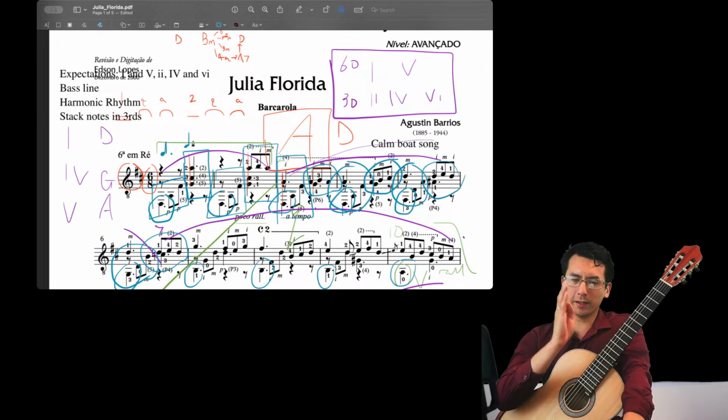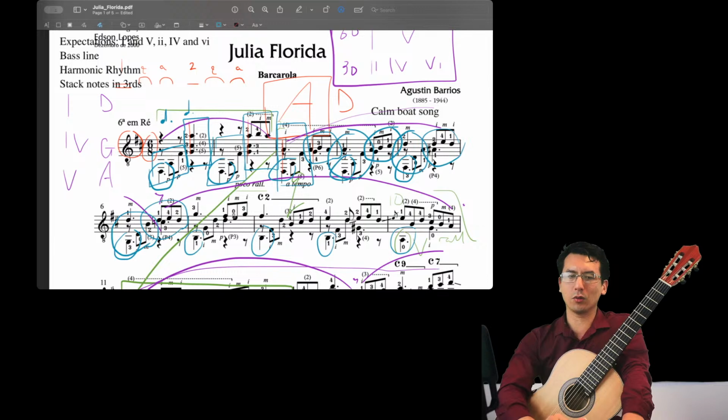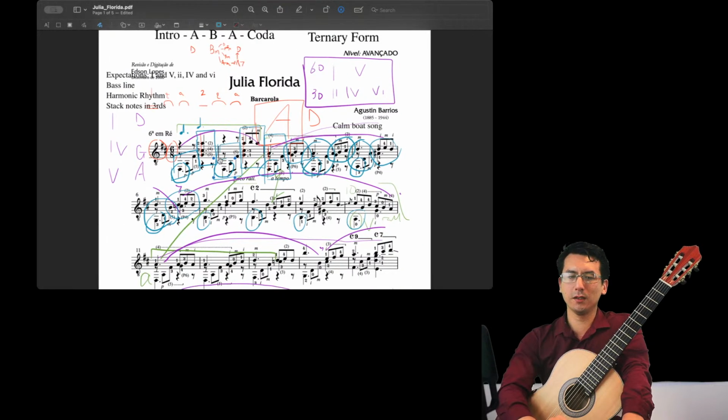This is now where we're getting to the nitty gritty part of analyzing chords. I'm tempted to just delete all of this. Maybe what I'll do is duplicate this copy, and then